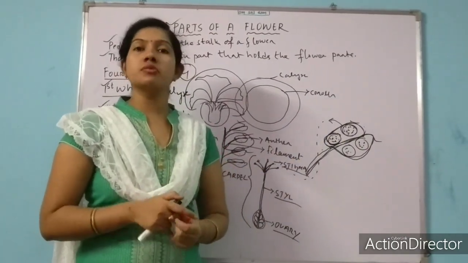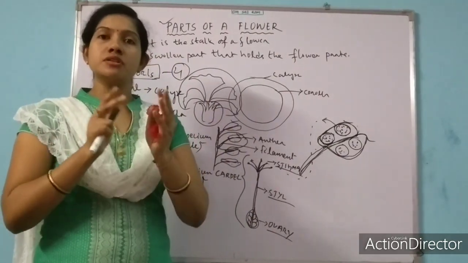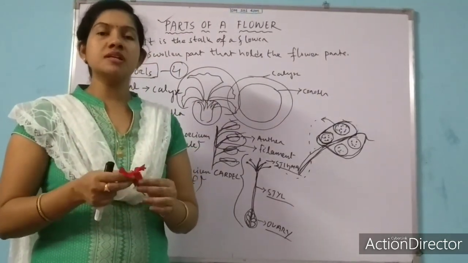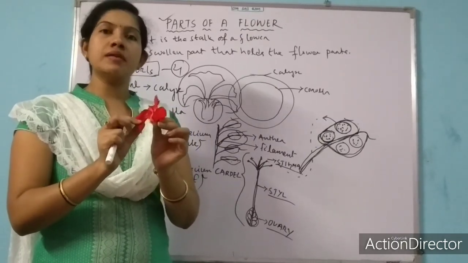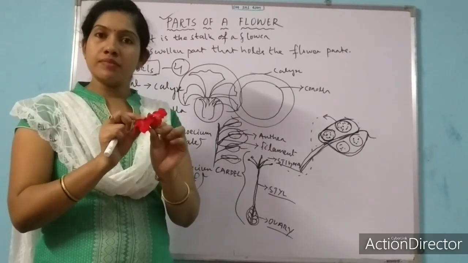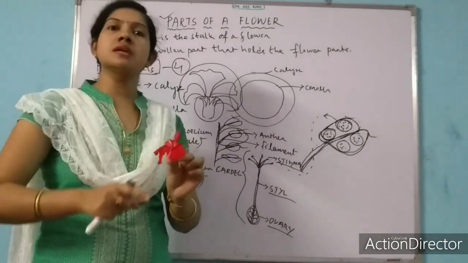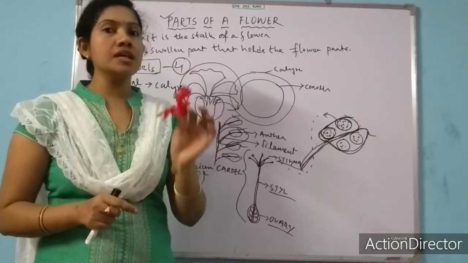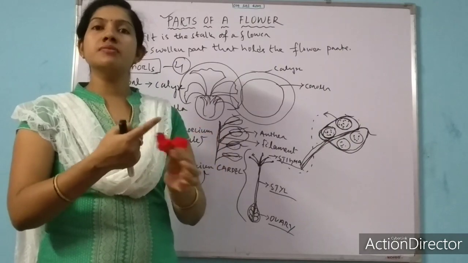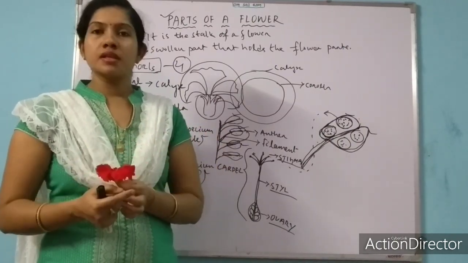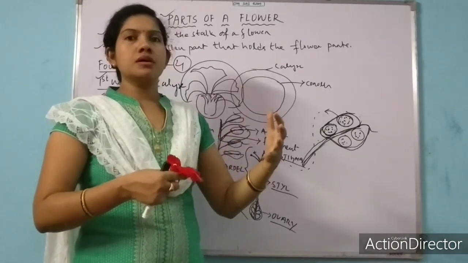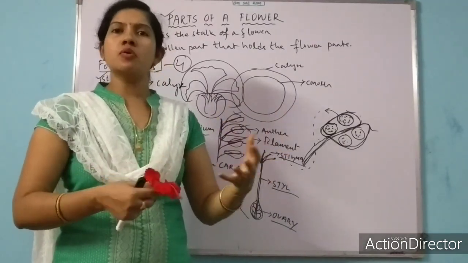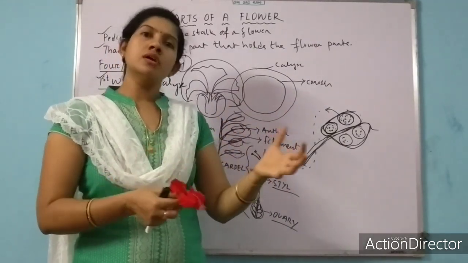So this is all about the parts of a flower. I will show you the detailed structure. We will dissect a flower. We will see all the parts of a flower, and I suggest that as I dissect the flower, you repeat the same on your own, so that it will be very clear to you. You can identify the parts very clearly. And the rest of the things about the flower, some of the things about pollination, fertilization and all, we will have in our